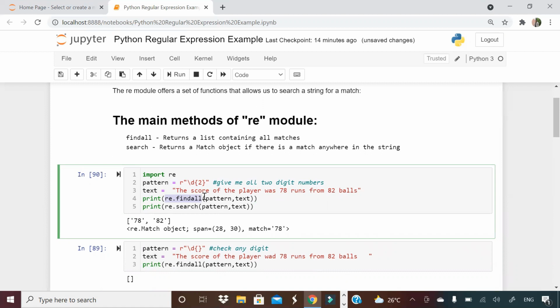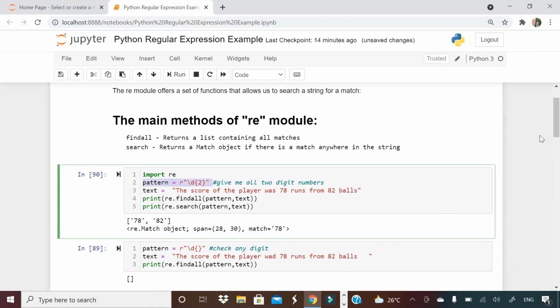Now, this is the format you need to understand, guys. You need to define a pattern and you need to search that pattern on a text. This format will remain the same. For simplicity, I will not change this text much throughout this video. I will show you how to find different patterns in this text.